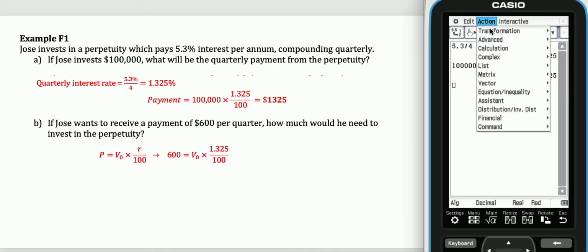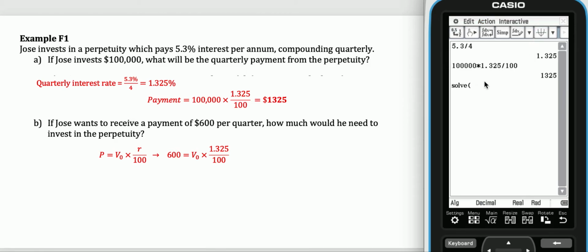But when we do that on the CAS, if the unknown number is on the right-hand side of the equation, then we can use solve. So we're going to say solve 600 equals, instead of V0, let's use X because that's the easier unknown number to enter, times 1.325 over 100. Remember, the calculator always solves for X by default, so we can just hit execute,